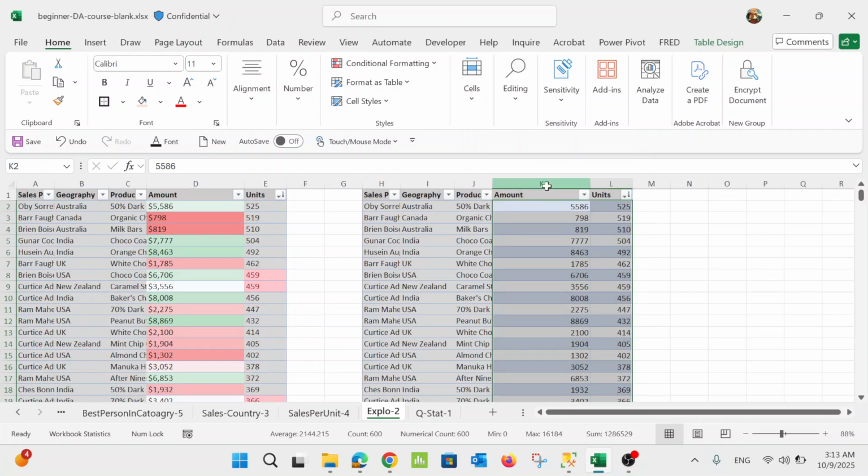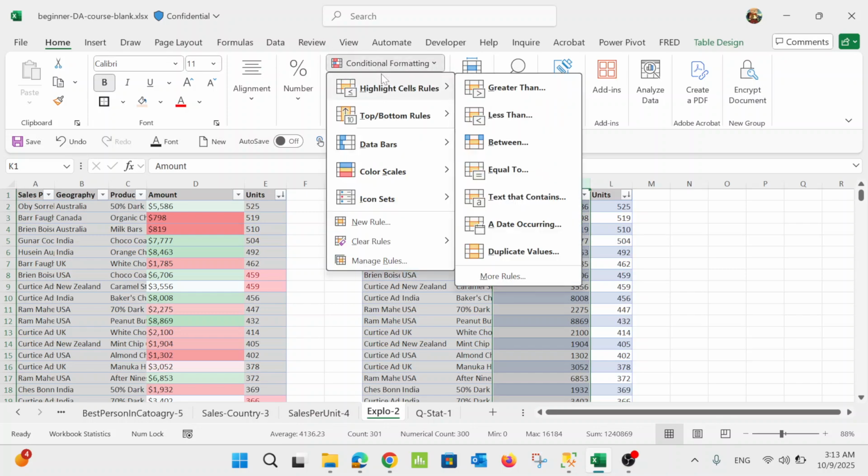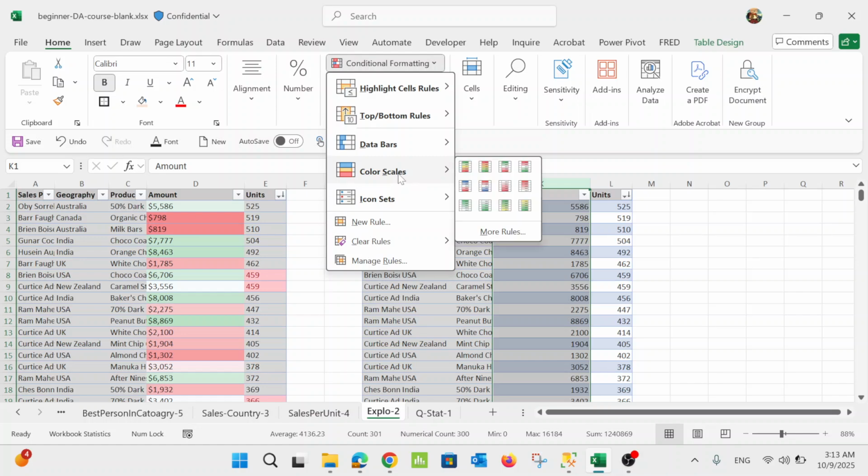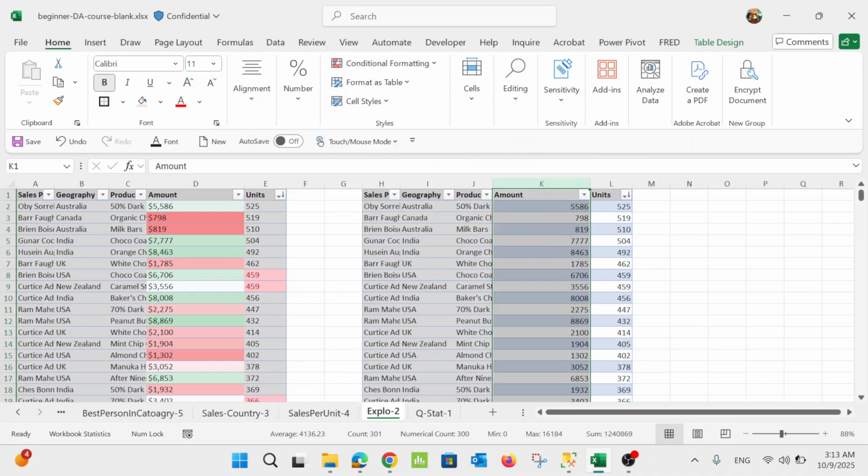Clear format, and then we can go to conditional formatting, and we draw a kind of color scale to see this data.